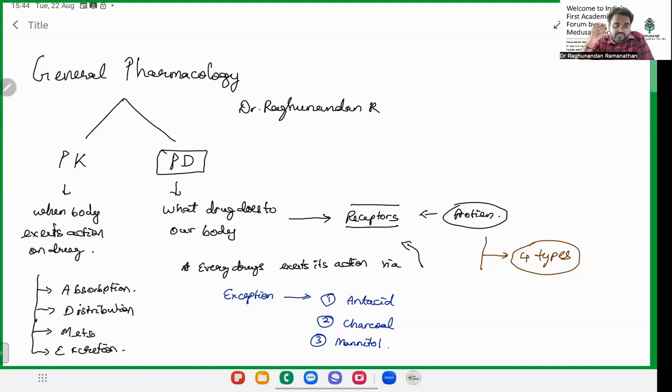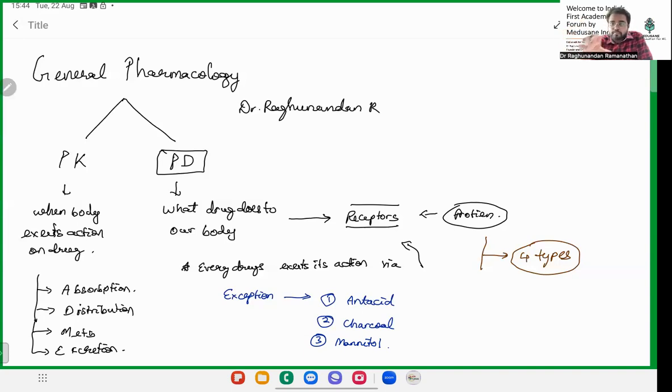So let me begin with general pharmacology. What is general pharmacology? I think we have discussed the ANS in a previous series. We have discussed ANS in detail. At that time you would have known that we told certain drugs will take a longer duration of action, certain drugs have this effect in the body. Like that we discussed, isn't it? So all these things are going to be covered in a generalized manner in this one particular session, that is general pharmacology.